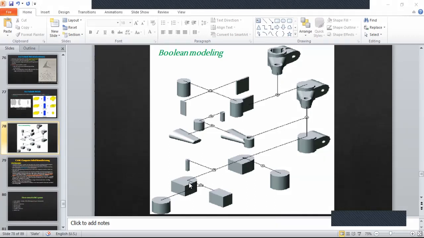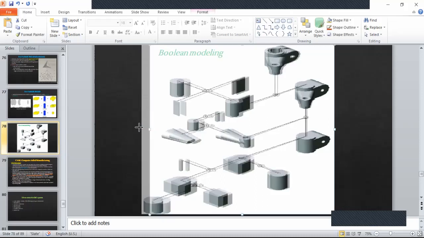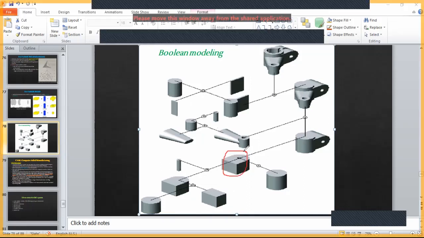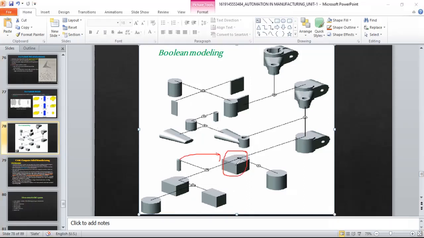And then comes this. This isn't intersection, this has to be minus. This has to be subtraction, because if we take intersection, then only this part will remain. This part should have come here. Instead of this part, we would have got this as a final result if it was intersection.